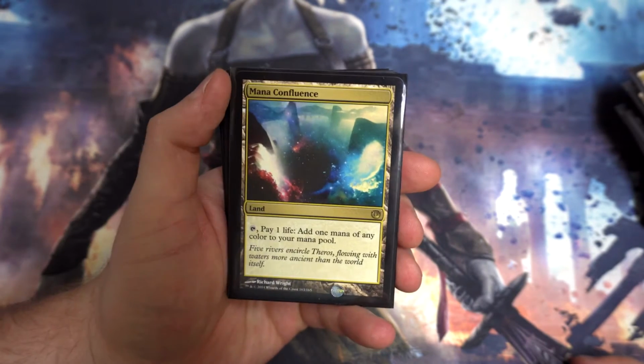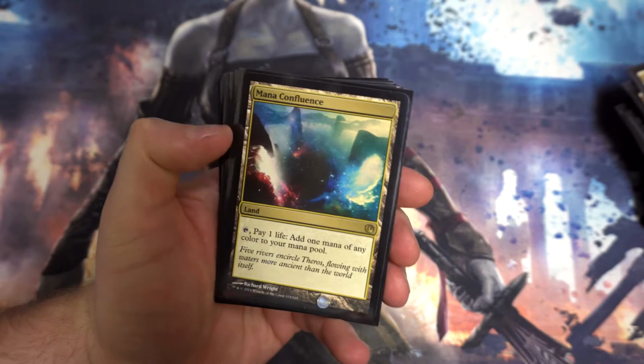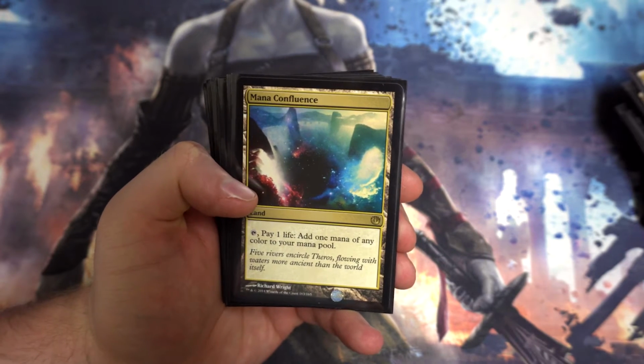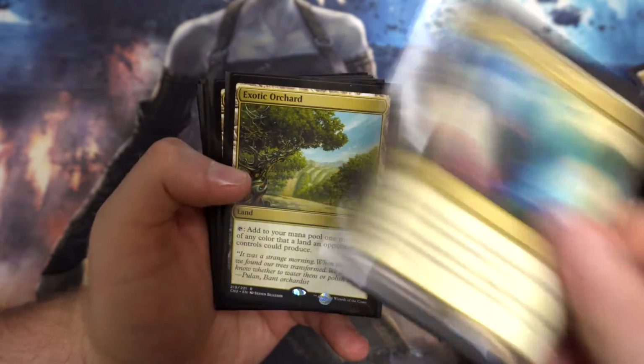Okay, now moving on to the more utility style lands that are just the singles. So Mana Confluence here: you can tap it, pay 1 life, add 1 mana of any colour to your mana pool. Again, great for fixing, great for aggressive players that need a certain mana colour, so that's really nice to